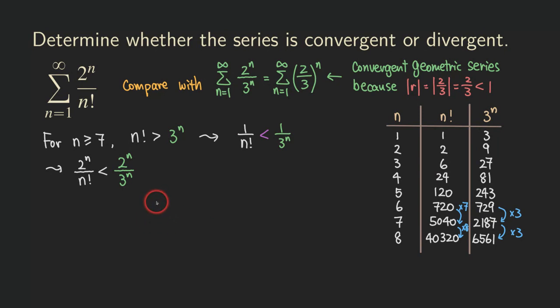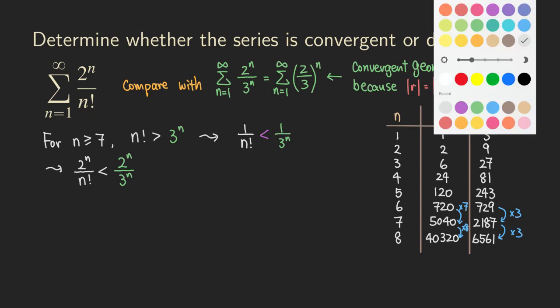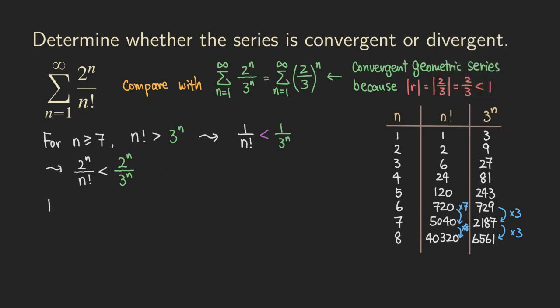Now, we already know that this geometric series is convergent, and its terms are larger for n greater than or equal to 7. And so that means the series that has smaller terms will also converge, starting from n equals 7. And so we can say that by the ordinary comparison test, we call this the OCT,